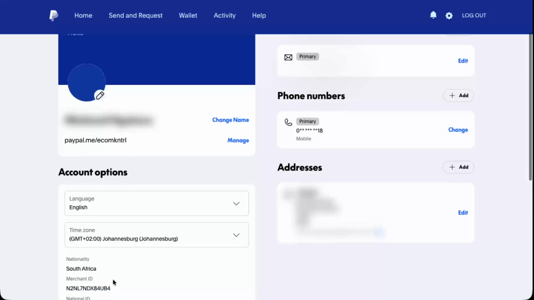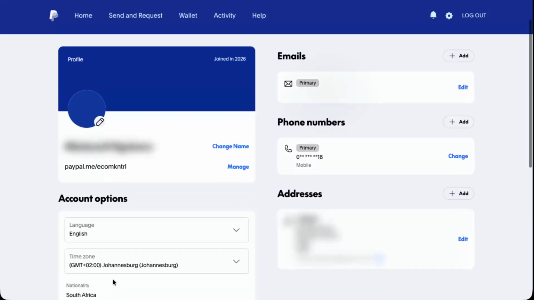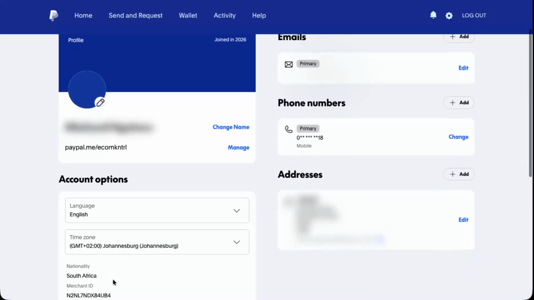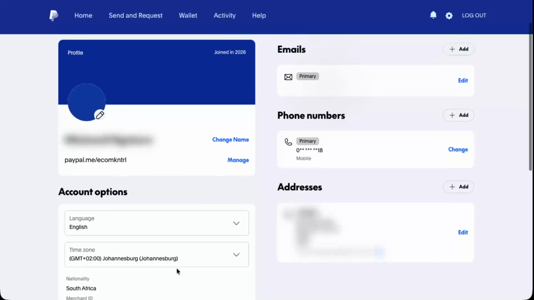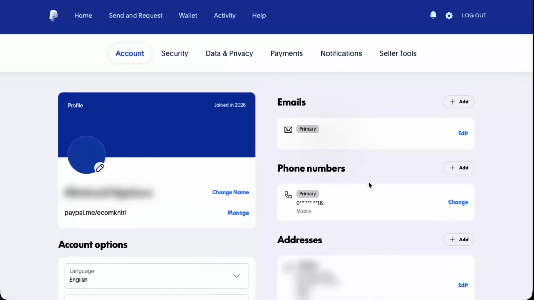Be sure to keep this ID in a safe place and only share it with trusted services, just as you would with other sensitive account details. And that's it. By going to your dashboard, opening the settings with the gear icon, navigating to the account options section, and locating the merchant ID label,